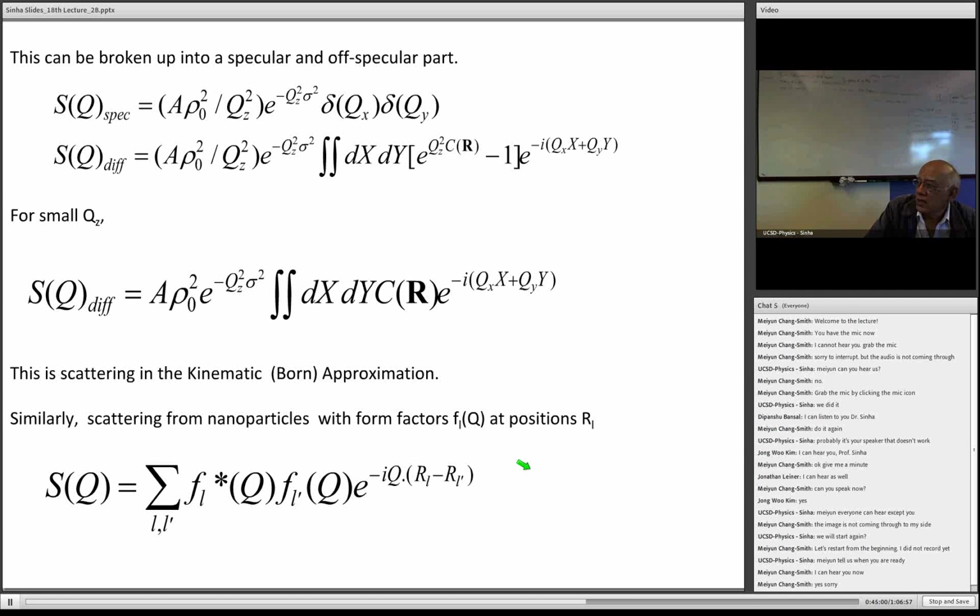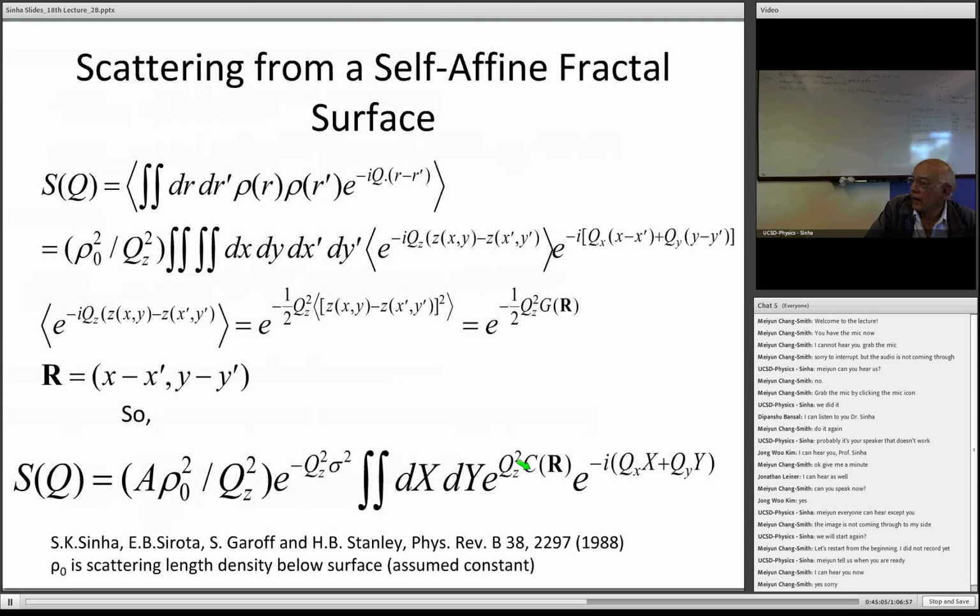And as I said, that S of Q, if I go back to the previous slide, sorry, this S of Q, of course, this C of R function goes to 0 at infinity. So at infinity, this exponential function is still 1. And that will give me a delta function contribution to the two-dimensional Fourier transform. So I can pull that 1 out explicitly, and that just gives me delta qx, delta qy, which you will recognize as the specular component. And so I can pull out that 1 explicitly, and if I have the next slide,